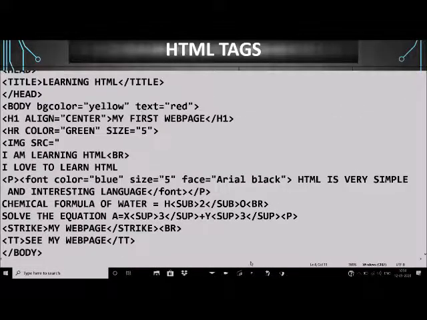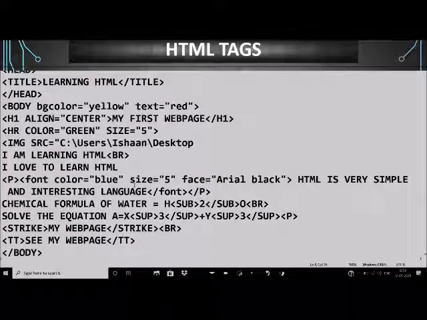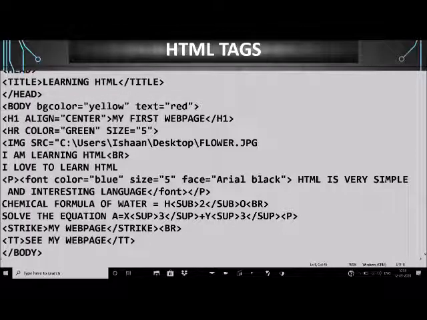So we can specify here the location of the image. After that we will put a backward slash and we will write the name of the image, flower.jpg, and we will close the quotation marks. This tag will insert an image in the document.